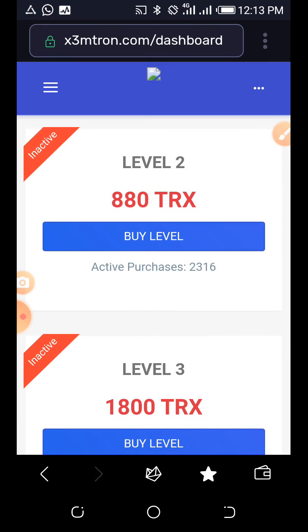It is not a scam. It is not a Ponzi scheme. It is not hype. It is a legit system, a lifetime project. It uses a cryptocurrency called Tron. Tron is presently number 11 on the coin market exchange. You can check it there.